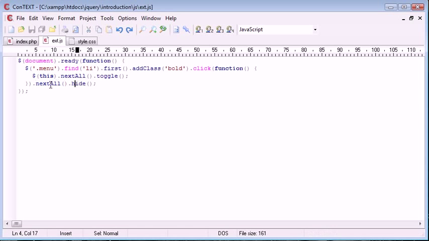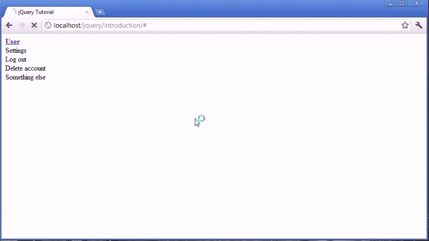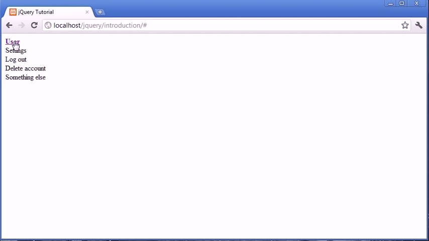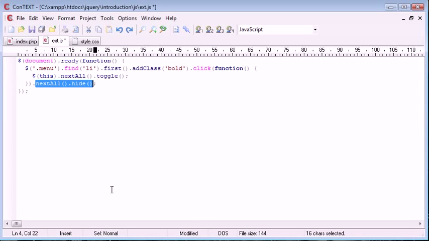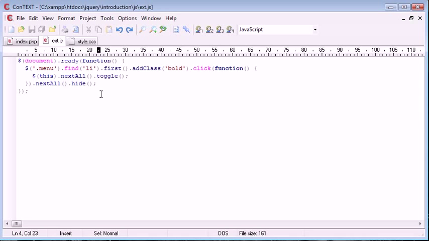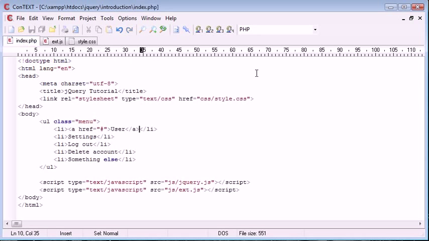And then nextAll.hide. Now this is the initial stage of when we come into the page. So if we were to get rid of this, we would get the same effect, but the settings would just be shown initially. So obviously these two on the end just depend. You could even change that to show, but really it's a waste of code having it in if you want them to be hidden or shown. So that's something you could bear in mind with this first and nextAll, and this firstAll as well. So you can go back and say firstAll, but the nextAll,